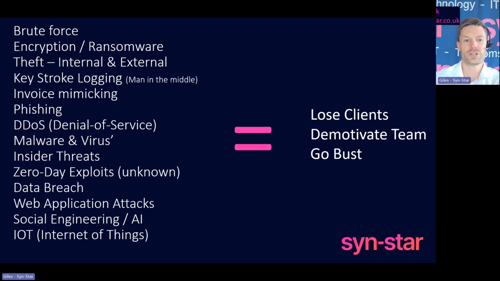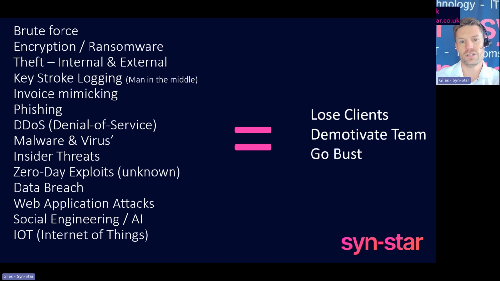The next one is keystroke logging. So again, the terminology for this is man in the middle. Essentially, if someone hacks into your machines and then they just sit there and watch what's going on, learn how you use data, learn how you talk to each other individually. They'll also learn the roles of the individual people, and then they will start mimicking the owners, often to trick accounts to pay bogus invoices and things. The next one is invoice mimicking.